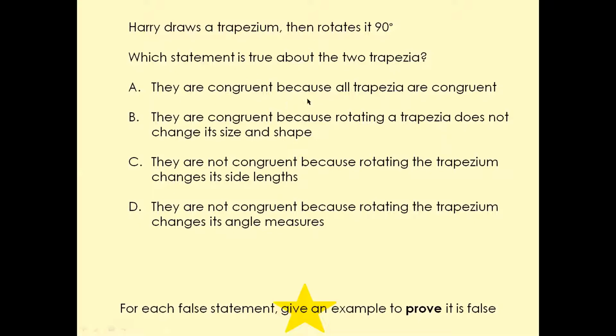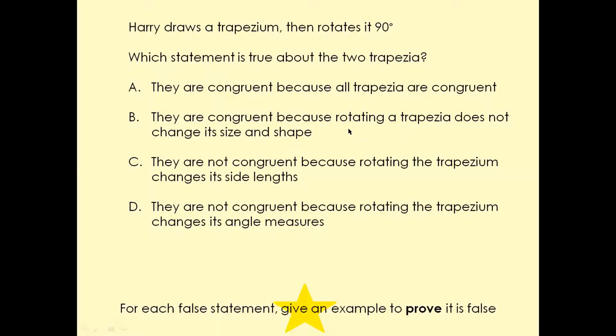They're all congruent because all trapezia are congruent. They're all congruent because rotating a trapezium does not change its size and shape. They're not congruent because rotating the trapezium changes its side lengths, and they're not congruent because rotating the trapezium changes its angle measures. So for this, always remember,